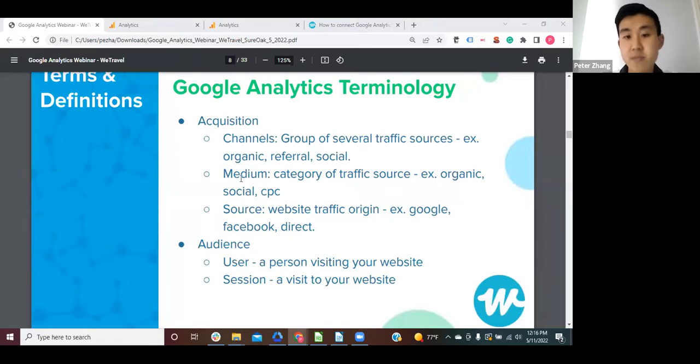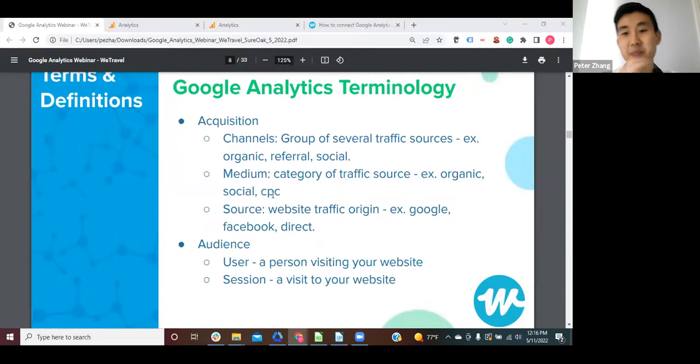Additionally, for mediums, there's a little bit more customization available, where you can define your own mediums to better refine where traffic is coming from. But generally, there still is organic, there's still social, but we can include cost per click, and refine it more from the paid channel.